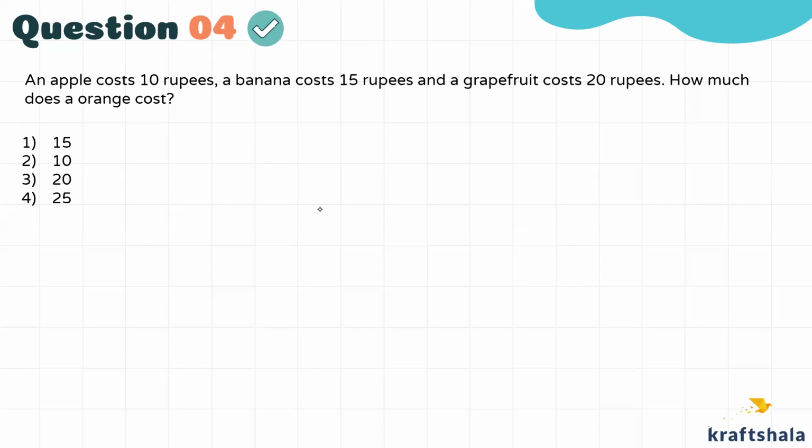अरे गाइस ये सीरीज थोड़ी है कि मतलब एप्पल 10 है बनाना 15 है 10 15 20 सो नेक्स्ट विल बी 25। मतलब ये तो वो बात हो गई कि सर ऑरेंज की जगह आप मुझे कोई भी फ्रूट दे दो मैं तो 25 ही बोलूंगा बिकॉज इट्स अ सीरीज। नो इट्स नॉट अ सीरीज। फोकस ऑन द कि हाउ एप्पल इज 10 हाउ बनाना इज 15। सो दिस इज अ ट्रिकी क्वेश्चन।